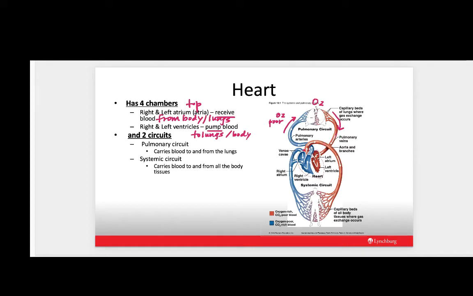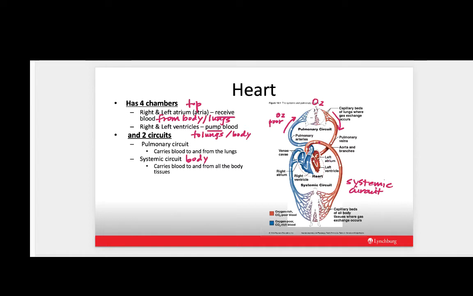Okay, so the pulmonary circuit is responsible for carrying blood to the lungs to pick up oxygen and then back to the heart again. And then we have the systemic circuit. And so systemic, you should really think about as the body. Okay, now at this point, we've got fully oxygenated blood, and we need a way to get it to all the tissues in the body. And we're going to do that through our systemic circuit. And so that's what we're looking at down here,